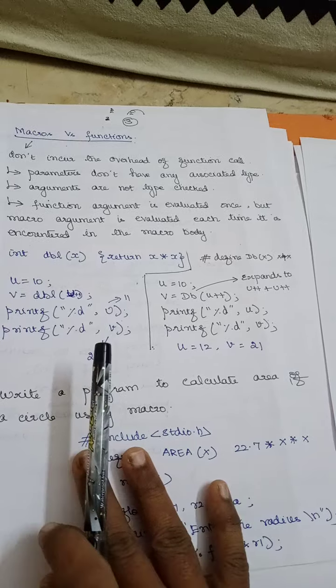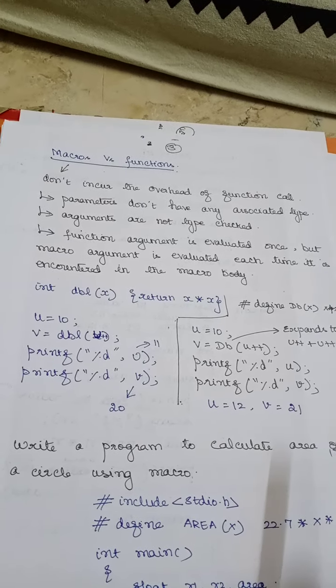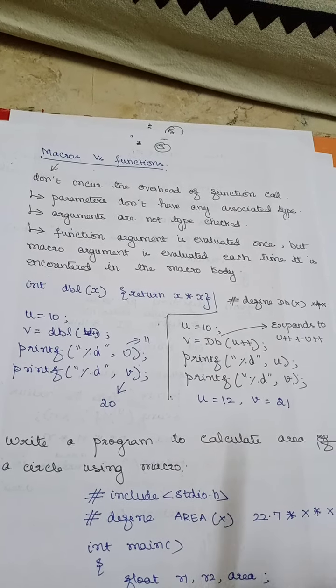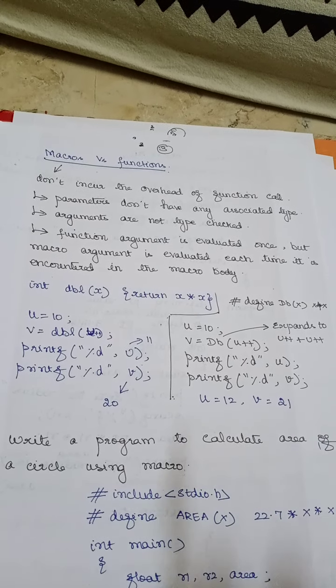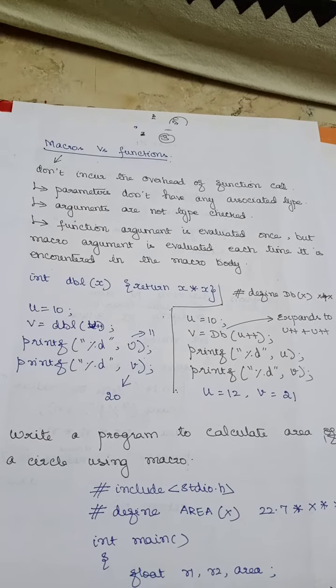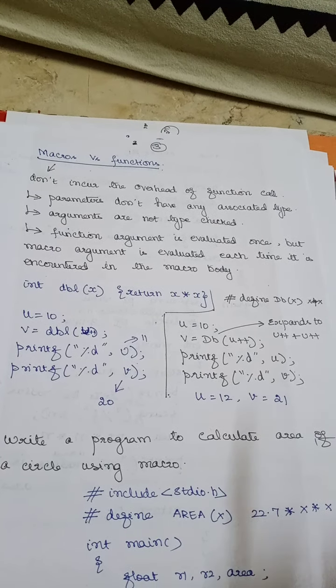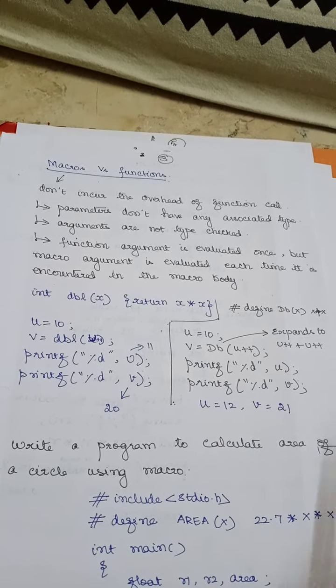Now we'll see what all the differences are between the macro and the functions, right? In functions, you should compulsorily match the types. But in macros, it is not necessary to match your types, right? And the function argument is evaluated once, whereas your macro argument is evaluated each time it is encountered